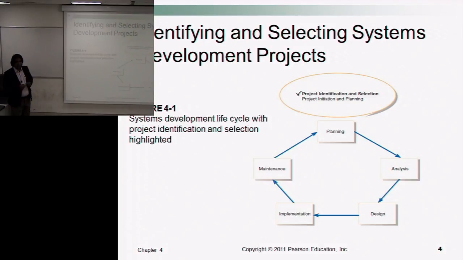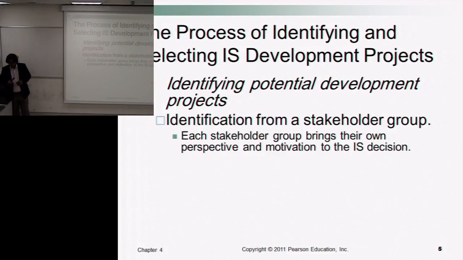So in fact, we are still at the planning stage. Now during this planning, we have to identify certain projects and select one of them which is most suitable, meets the requirements, and does not violate the constraints. So we go further. There are different steps. The first step is to identify. So identifying potential development projects